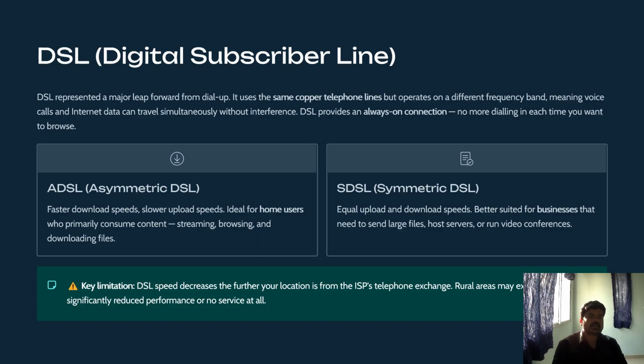There are two main types. The first one is ADSL and the second one is SDSL. Let us understand them. ADSL means asymmetric digital subscriber line. Download speed is higher than upload speed. Perfect for home users who watch videos, download videos, browse websites,